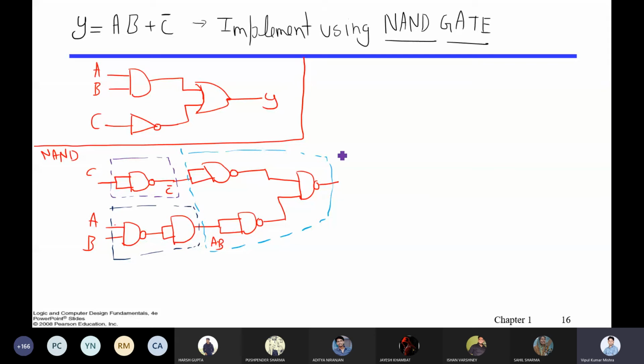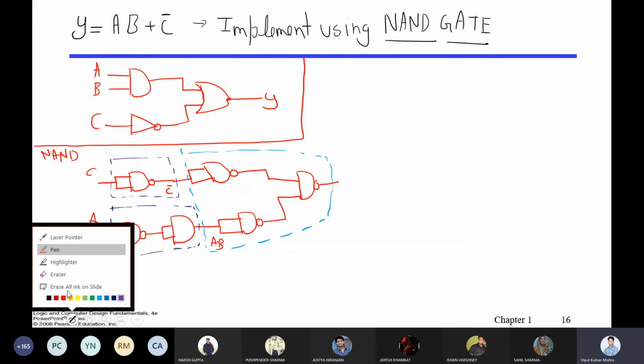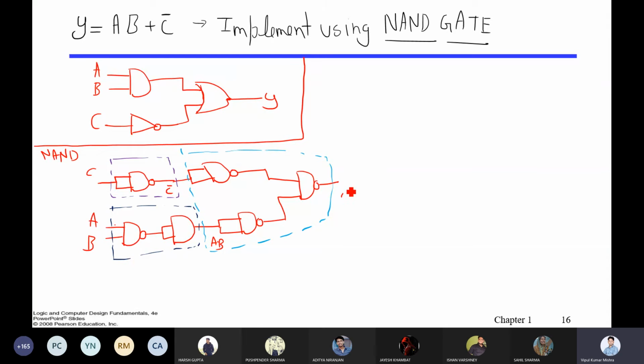Getting? So I have implemented NOT here and OR here. What you will get here finally, the final output, is AB plus C bar. Any doubt till this point? Anyone? No, sir. Quite clear?